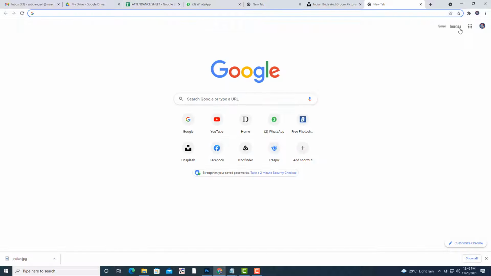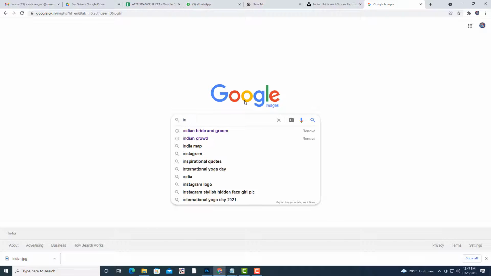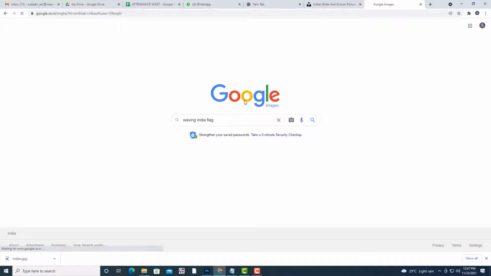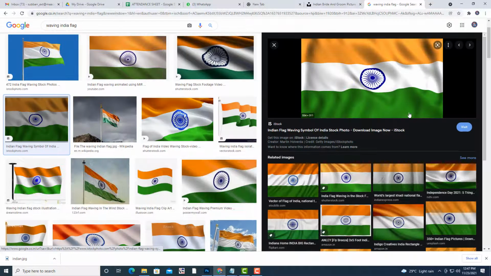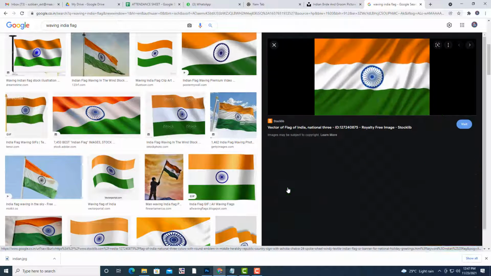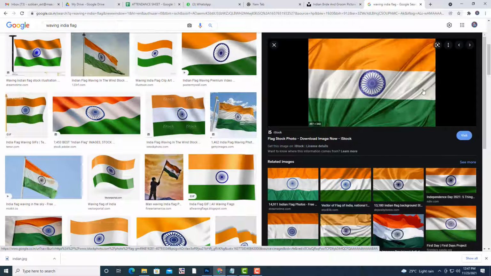See, you can take pictures like, for example, a waving Indian flag. Just type waving Indian flag. See, you are going to get something like this. You can do one thing: you can remove this Ashok Chakra in the middle, and then put "India is great" here. Something like this. See, folds. I have to take a flag which has a lot of folds. That is the idea.